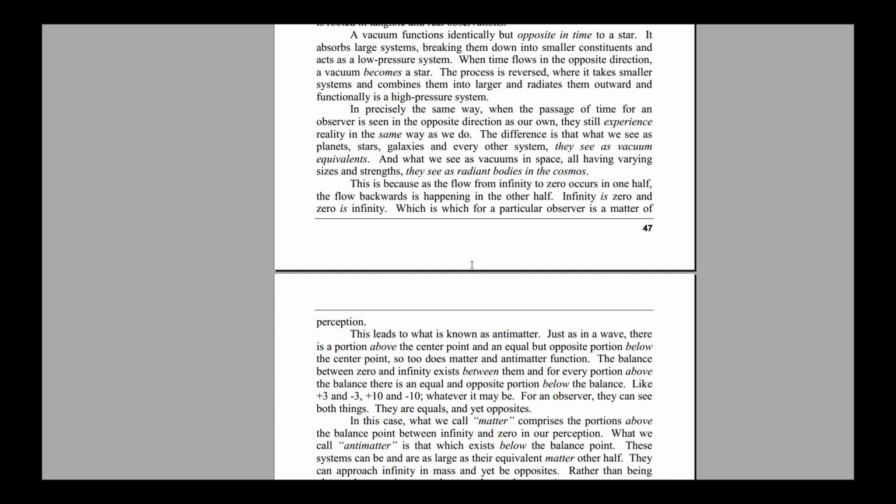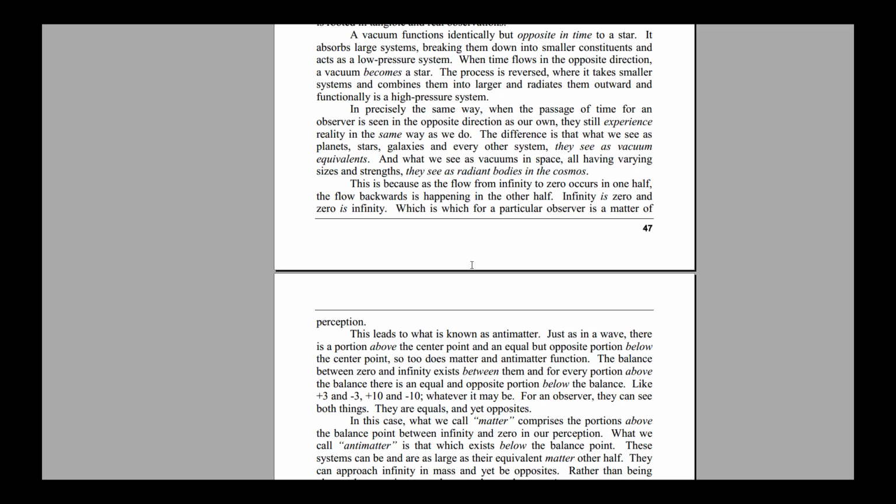A vacuum functions identically but opposite in time to a star. It absorbs large systems, breaking them down into smaller constituents, and acts as a low-pressure system. When time flows in the opposite direction, a vacuum becomes a star. The process is reversed, where it takes smaller systems and combines them into larger ones and radiates them outward, and functionally